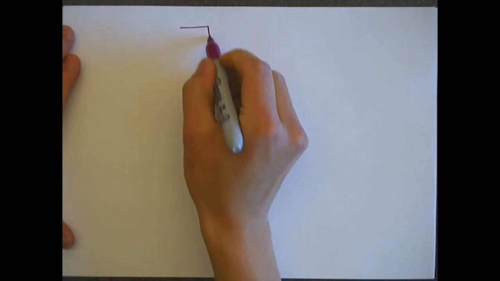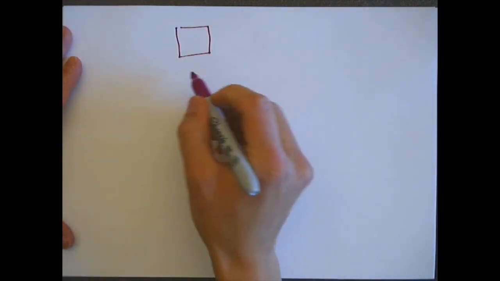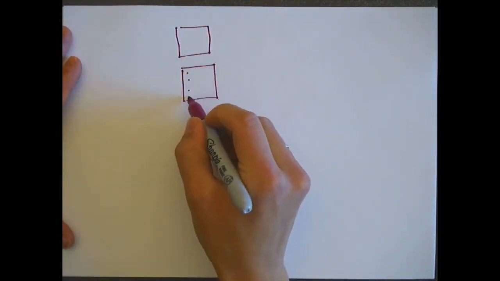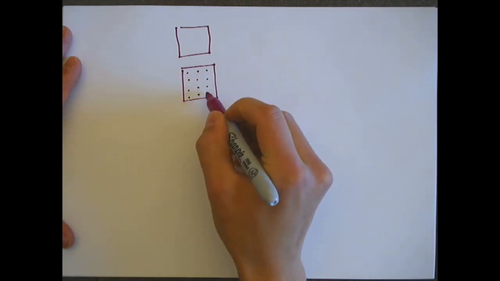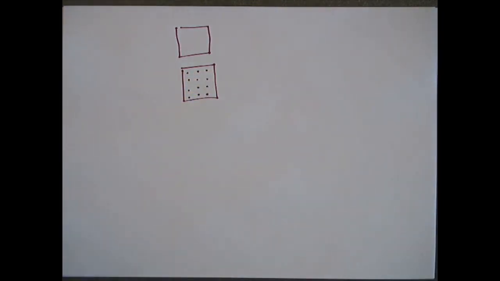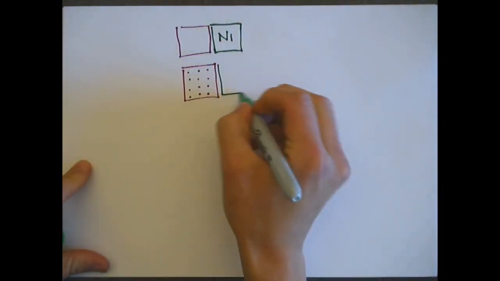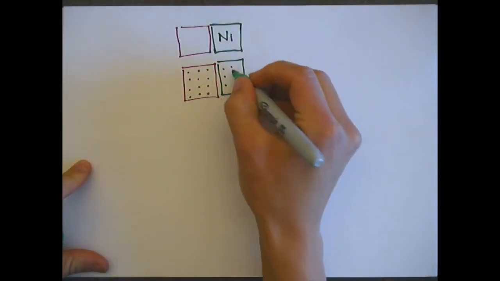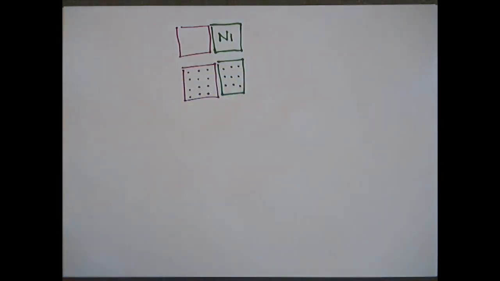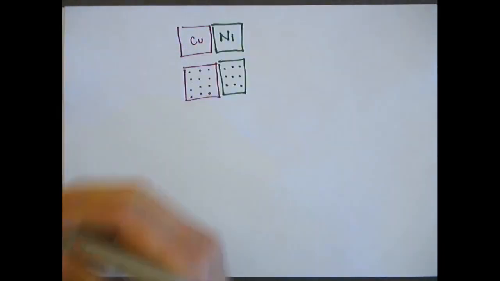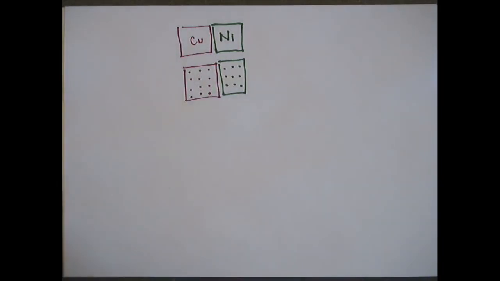So diffusion, the phenomenon of material transport by atomic motion. Here I'm going to show copper, and I'm going to diagram the atoms inside of the pure sample of copper. Right next to it I will draw a sample of nickel, and I'll do the same with nickel. Now over time, with these two samples sitting next to each other, there will be diffusion, the copper into the